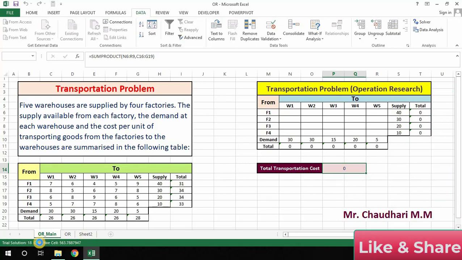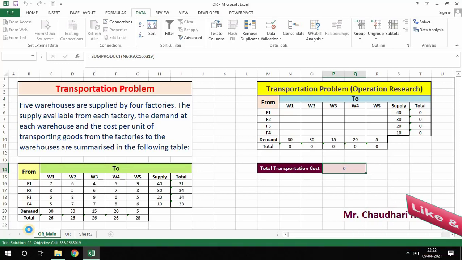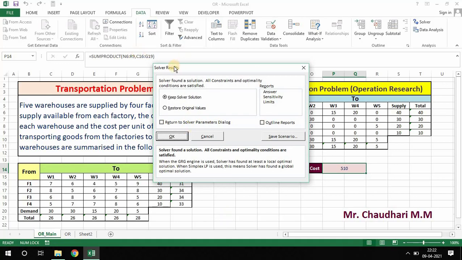Trial solution 18, 19, okay, so that's it. The Solver result is here.